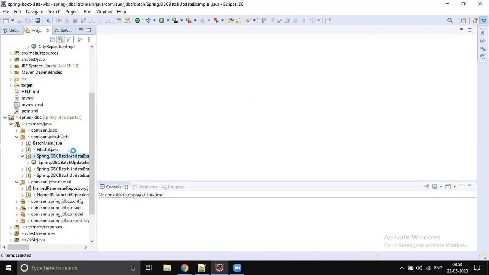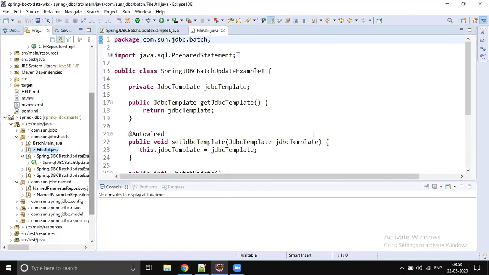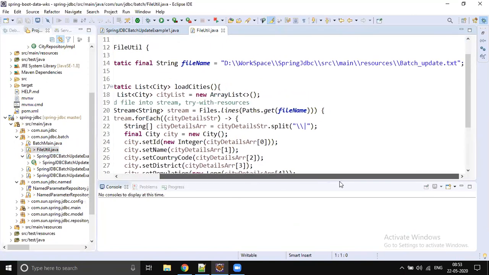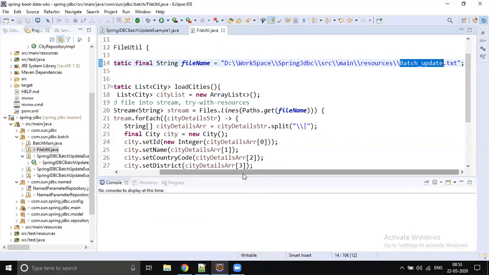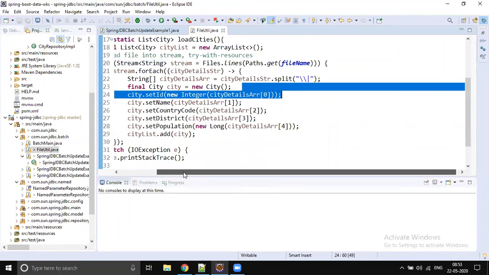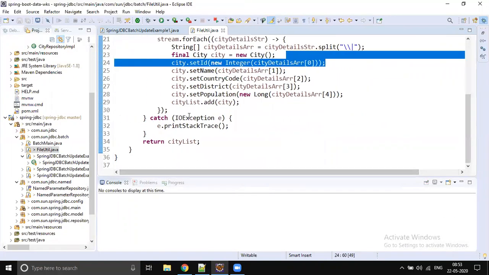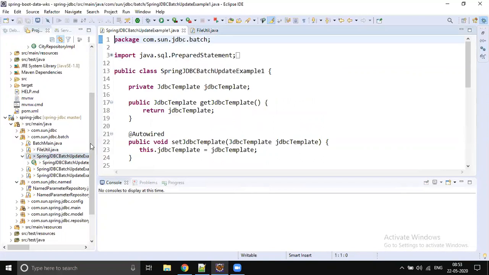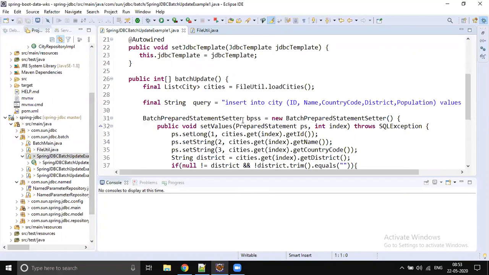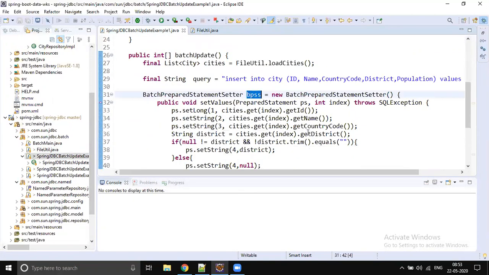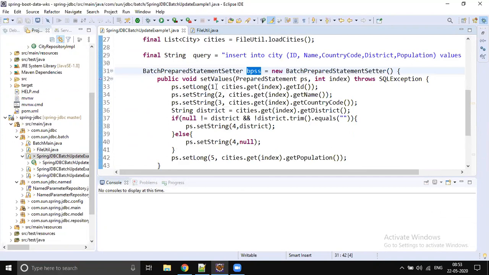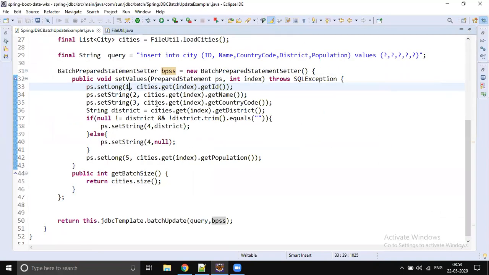I just stored some data in a file. I read that file line by line, convert that into city object, and finally just call the method, the batch processor setter, and set the data. So query preparation, and you call JDBC template dot batch update.